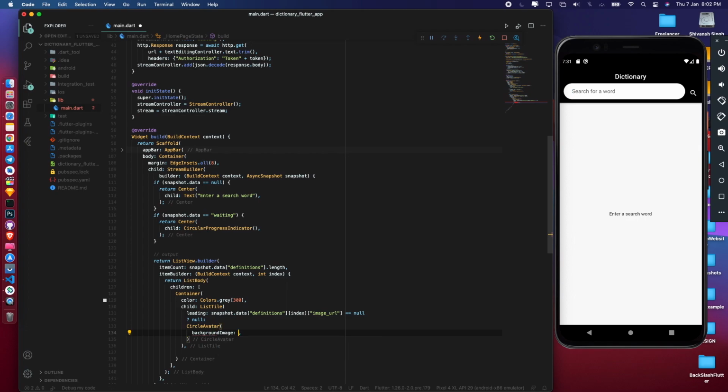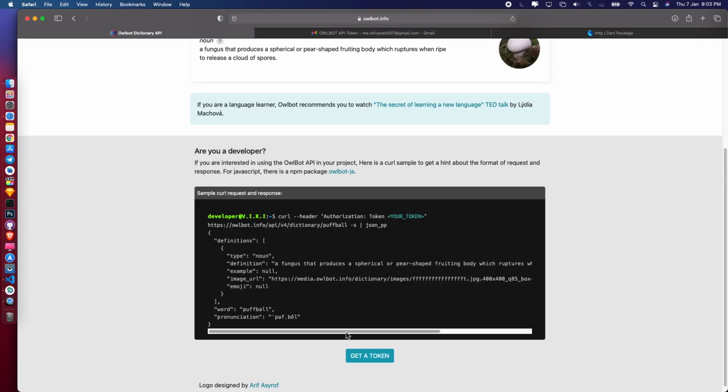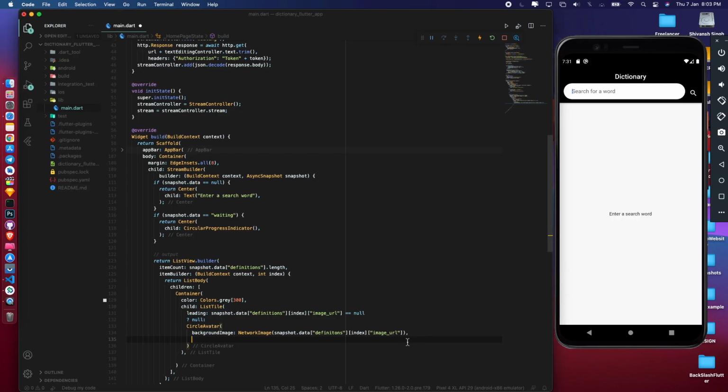This will be a network image with a snapshot dot data and definitions, then index, and then this would be image URL. Okay, you can see we have a definition, and then in index, if I search for image URL, then I will get the image URL.